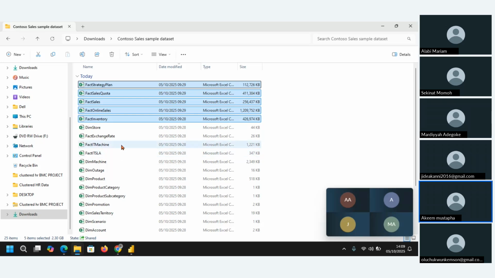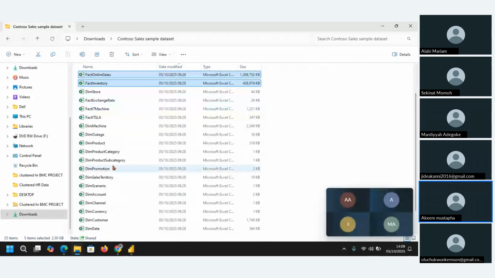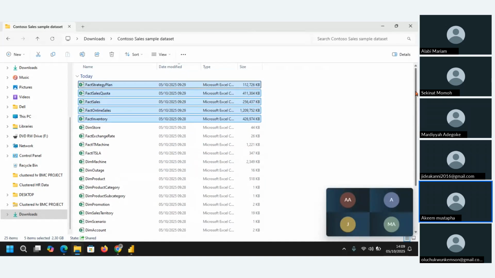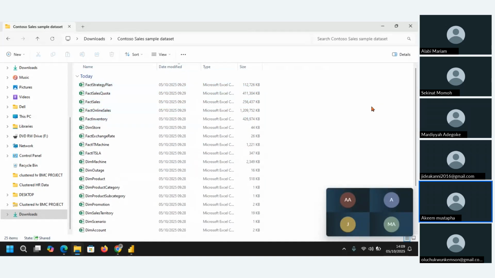We also have dimension tables. We have dimension margin, outage, and this and that. So these are dimension tables and these are fact tables. This is a typical complete company, but we're not going to look at everything. We're going to focus our attention on some of this. In this class, we're going to work on sales